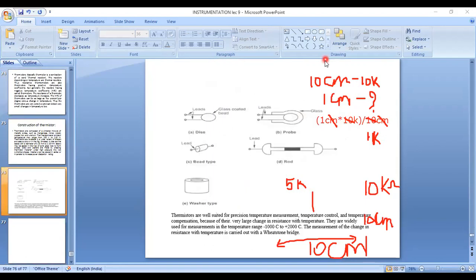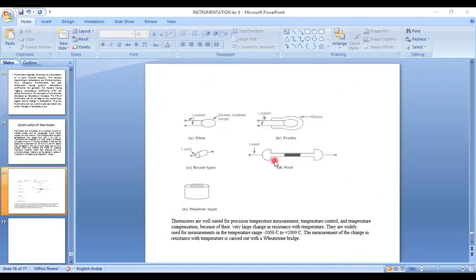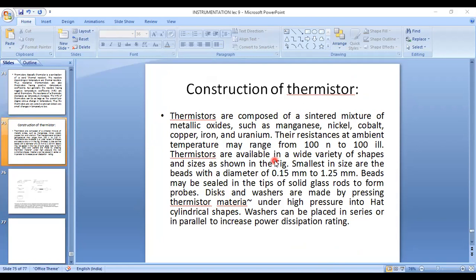The most important topic which we have to cover is thermistors, thermocouples, and RTDs. These are the resistive sensors which we are going to use to measure temperature and also other physical parameters like speed, velocity, acceleration, torque, rotation, humidity, damping, moisture, and so on. Okay, so this is all for today.